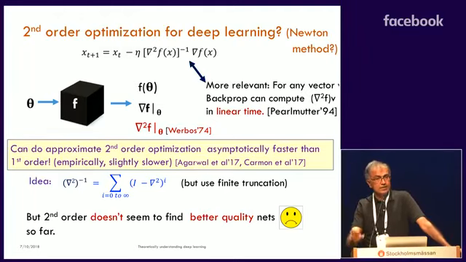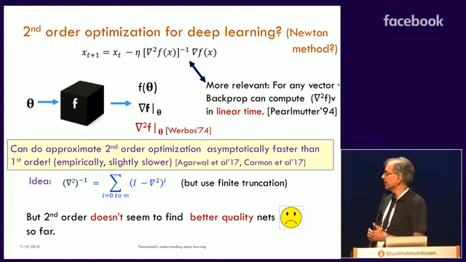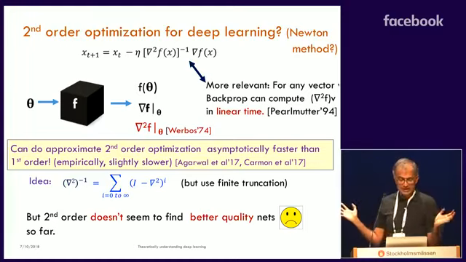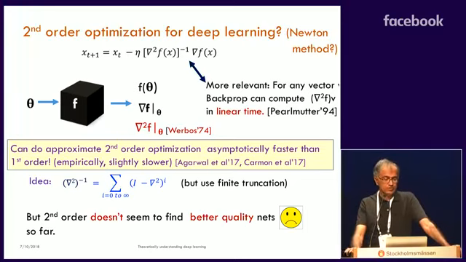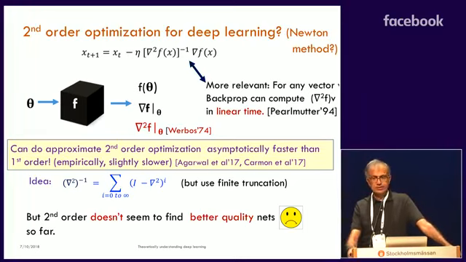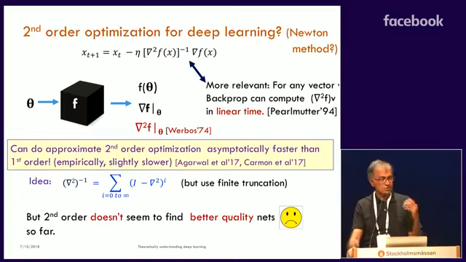Now notice that the moment you change the algorithm in deep learning, because it's non-convex, you may find very different solutions than gradient descent may. And so you might hope that this second-order method somehow finds better quality nets. It's exploiting second-order information, but so far it doesn't seem to find any better nets. So it's a great idea, but so far it's probably just better to use gradient descent.